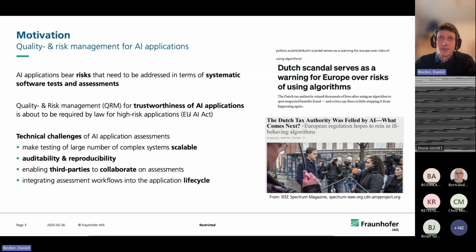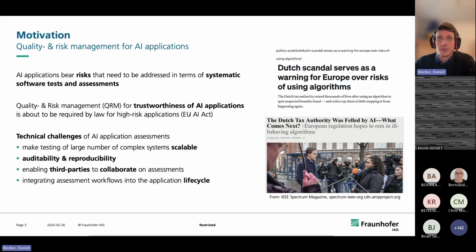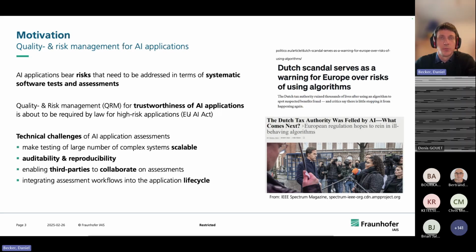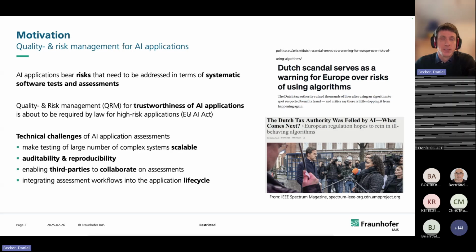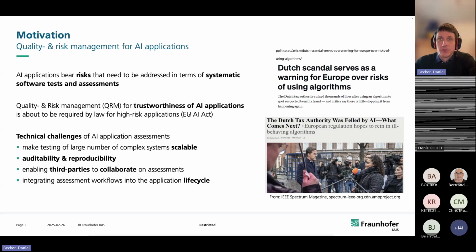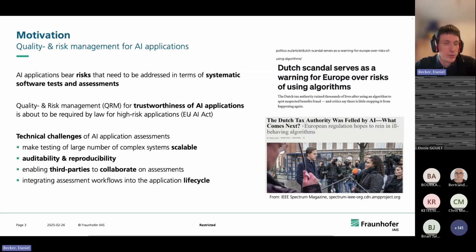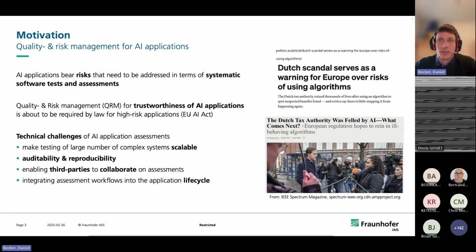This is something to just illustrate how dangerous these things can be if their quality and the risk are not properly managed. And of course, if you want to do this, there are several challenges, for example, conceptual challenges. That means, what does it even mean that an application is trustworthy? What does it all entail? We had this talk by Chris, where he talked about a lot of reliability, robustness, and also safety, but there can even be more aspects here. For example, bias, data protection, anything like that.